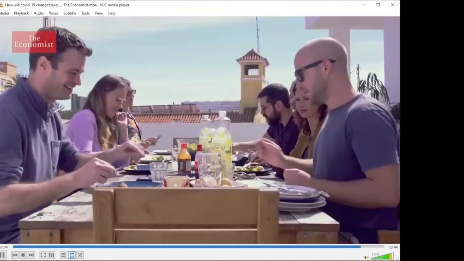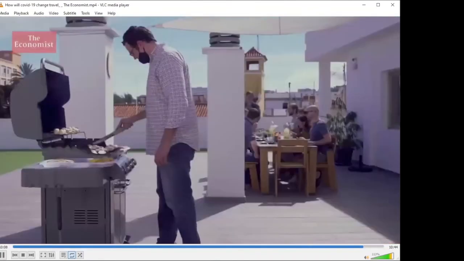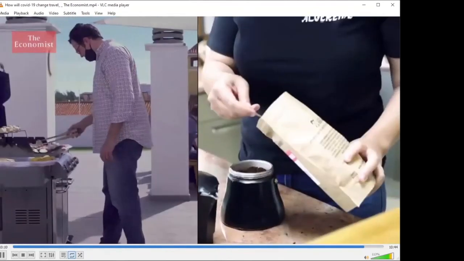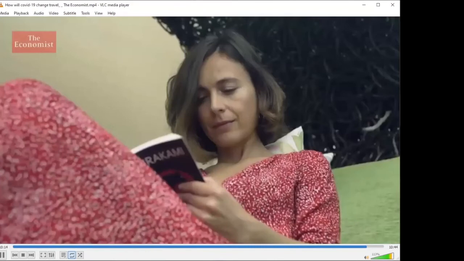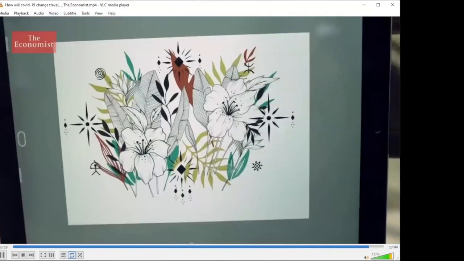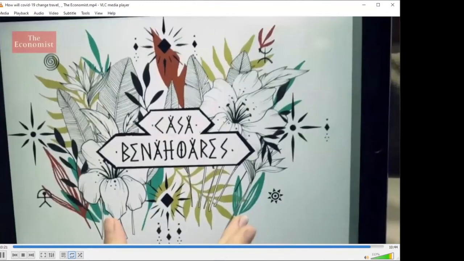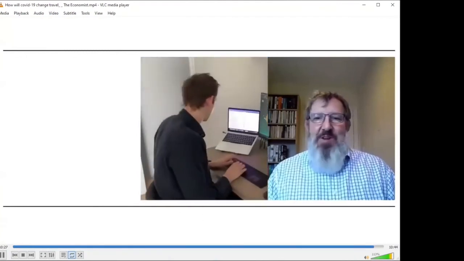Getting travel back on its feet is not just about holidays. It's a multi-billion-dollar industry and the backbone of the globalized world. Building back in the right way could mean both a more seamless experience for travelers and a more sustainable future for the industry that supports them. I'm Simon Wright, Industry Editor at The Economist. If you'd like to read my special report on